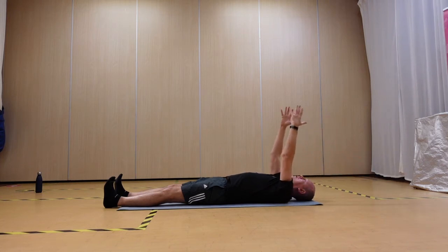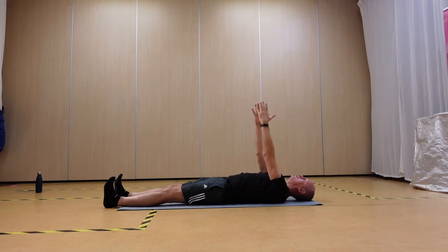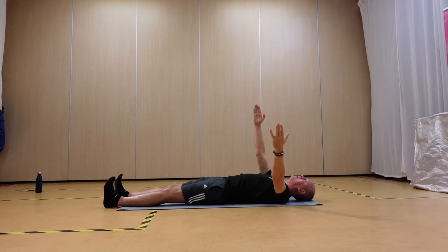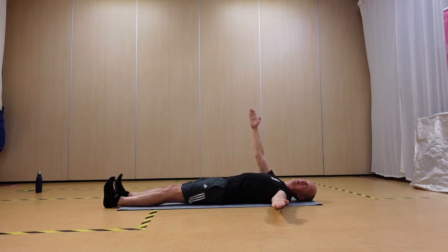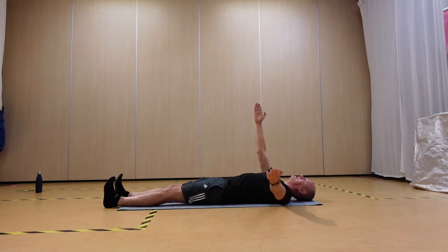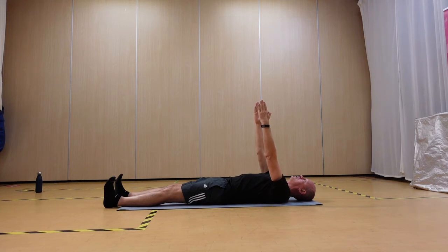As we come over our chest, we're going to keep one hand pointing to the ceiling, nice and straight. The other one's going to come down to the side of our body, and we're going to stretch the fingers out and work the shoulder joint. So it wants to be in line with your body, your shoulder, not there, just down here. Other hand up, that finger pushes, easy back up to the top, match them back up, other hand goes down,